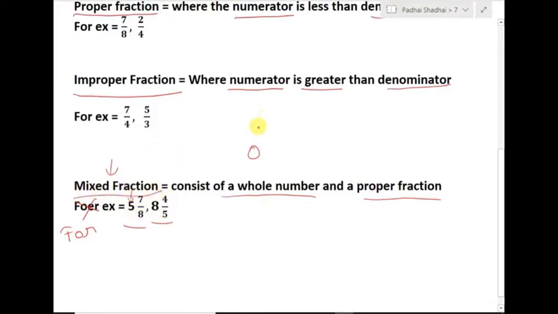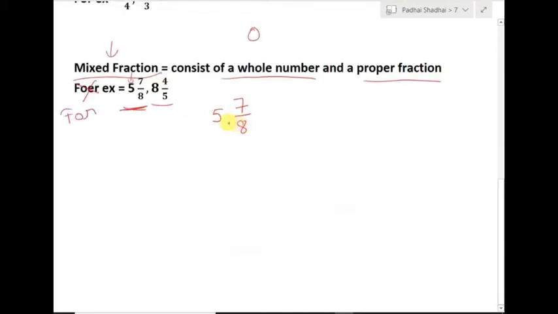Now, beta, for proper mathematical use we cannot use a mixed fraction, so it has to be converted. So how to convert a mixed fraction into an improper fraction? Here first we have to multiply 8 by 5, that is 8 fives are 40. We multiply the denominator with the whole number, and then add it to the numerator. Here we add 7. 8 fives are 40 plus 7, that is 47, and the denominator stays downside only. So the final answer will be 47 by 8.